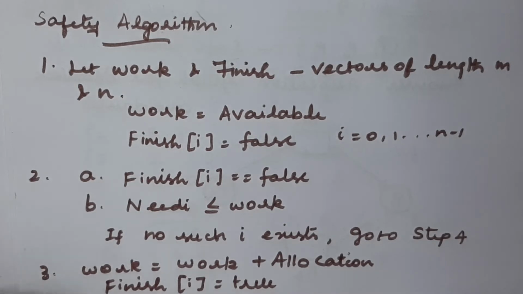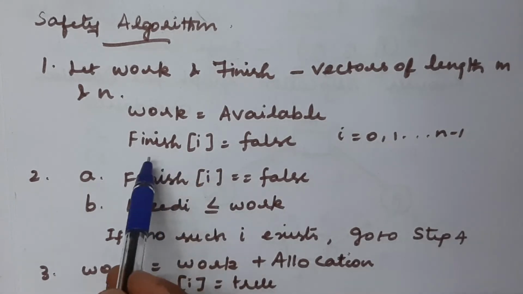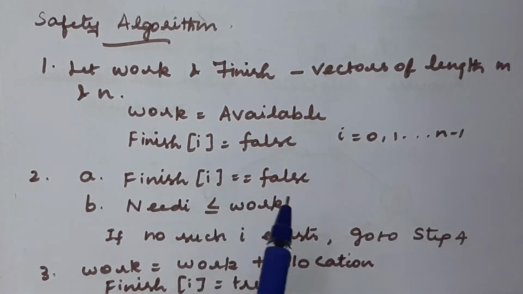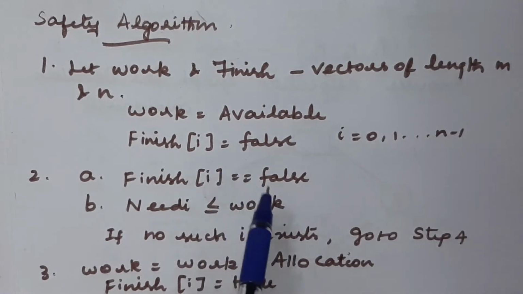So we can have many processes, and at the same time we will be allocating the resources to all the processes, but we cannot satisfy the maximum need of each and every process. So in the beginning itself, we cannot allocate the entire number of resources to the process, right? That is what the maximum need. So we are just allocating only the minimum requirement, and afterwards we will be allocating the additional resources whatever it needs, right? So here initially finish of i equal to false, which means we have not yet started. The process has not been allocated, so it does not actually start its execution.